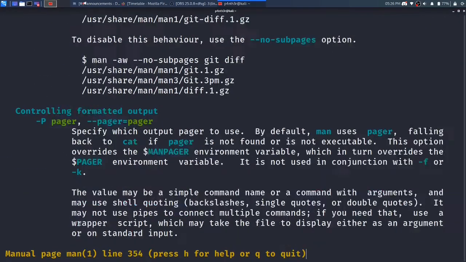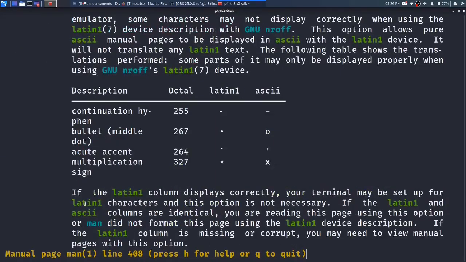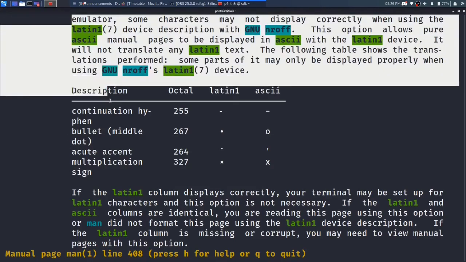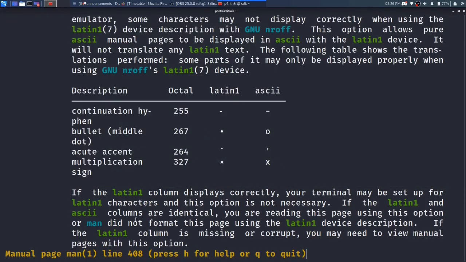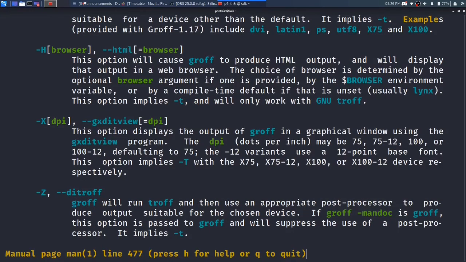Here are description and options. If you want to search for anything, and you want to search forward, from top to bottom, then press slash and then specify the string name. Like if I want to find example, where is the example? Here you can see it finds example. So this is forward searching. If you want to search backward, then press question mark with the specified name.